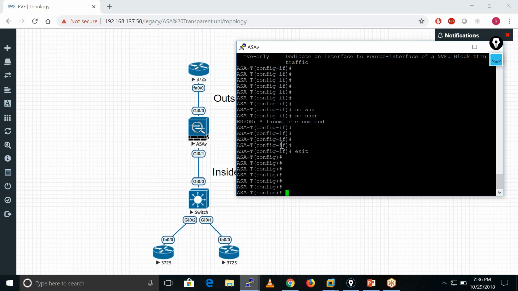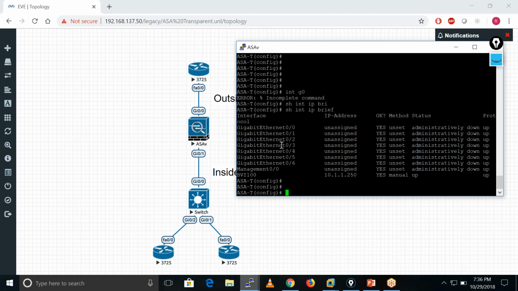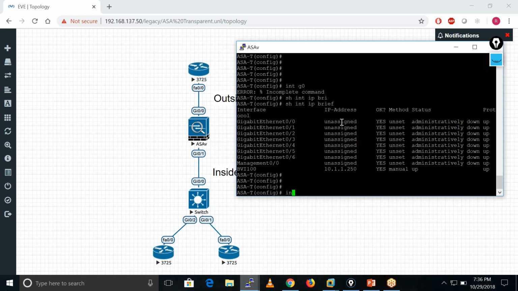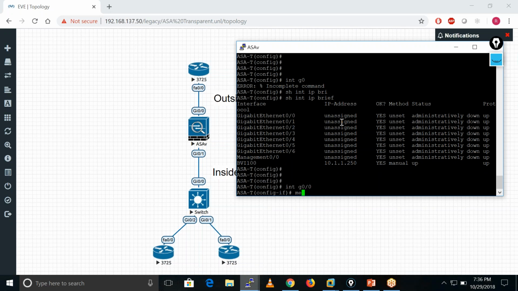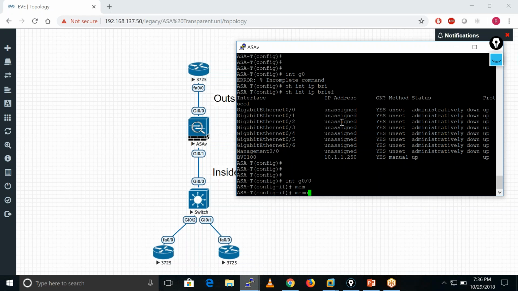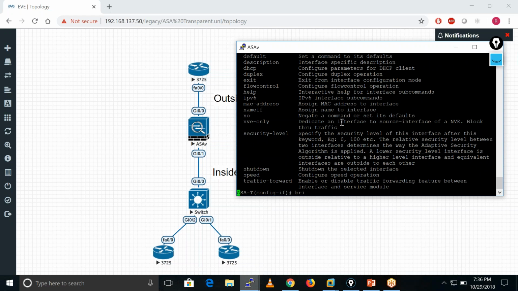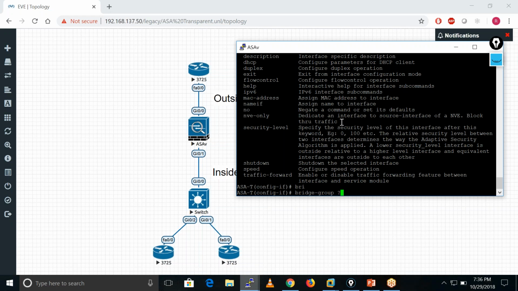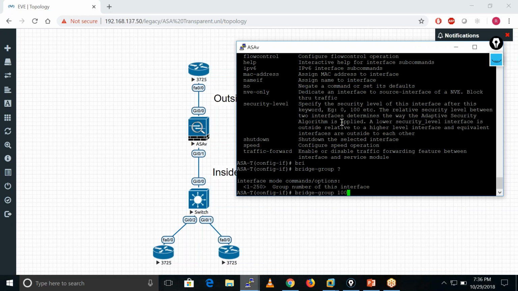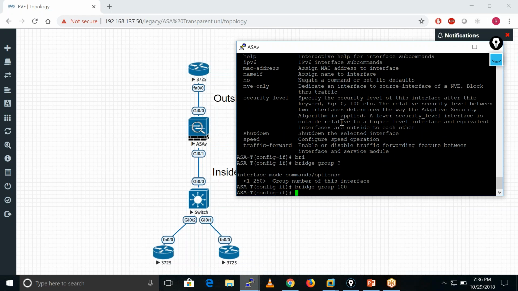Now I'll go to my interface Ethernet GigabitEthernet 0/0. Let me check. I have this GigabitEthernet 0/0. It's not a member, we directly call bridge-group here. So I just add bridge-group 100.